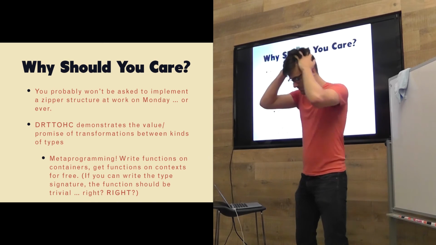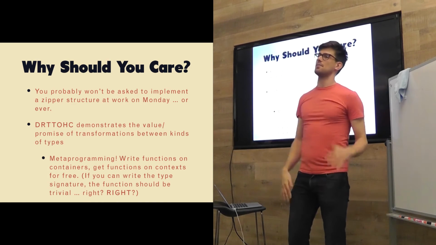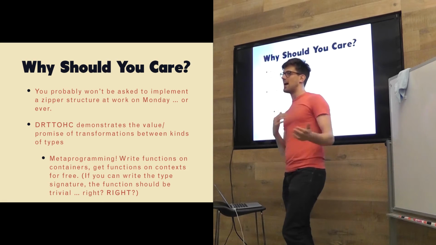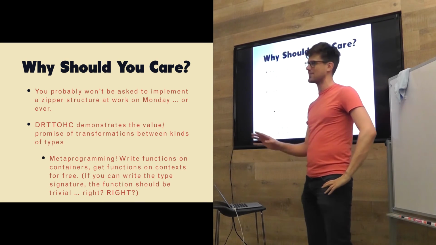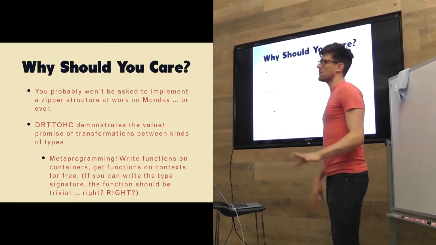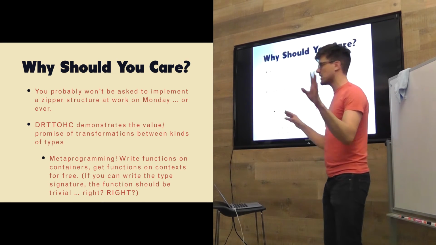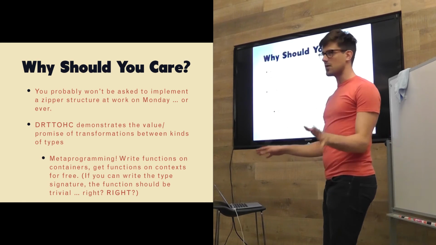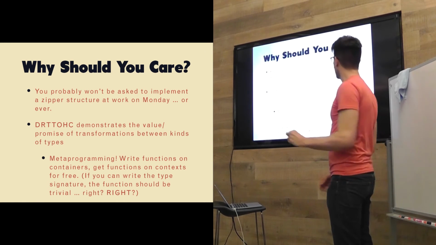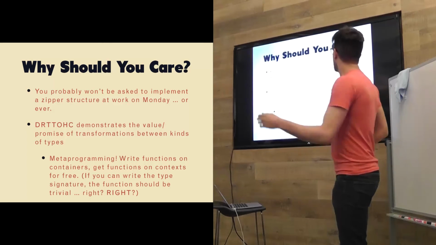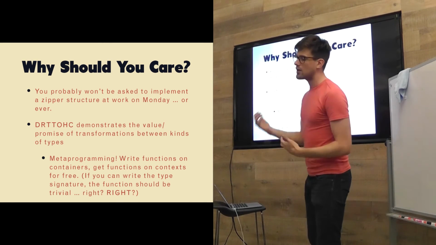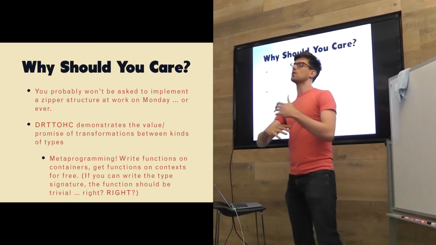And now, you're probably not going to be asked to implement a zipper tomorrow. I really doubt it. I'd be super surprised. I'm sure someone's like, actually my company makes professional zippers. We are an industrial zipper shop, all in the cloud. They're mutable. Monolith is data atomic. So that's not important. But it demonstrates the value of the ability to transform between types, because now